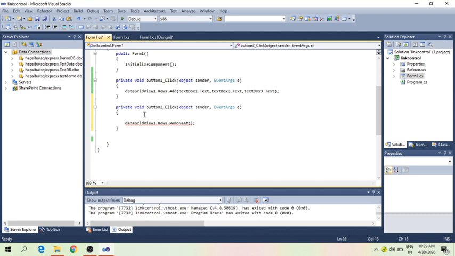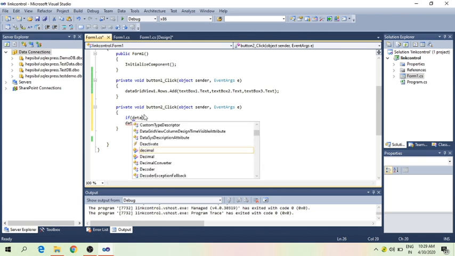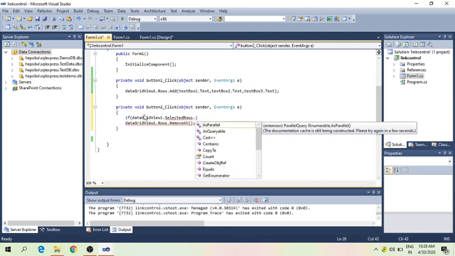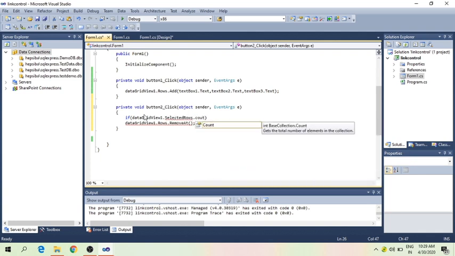Okay, so in the if condition, I'll count the information. Data grid view dot select all the rows and let's make a count of it.